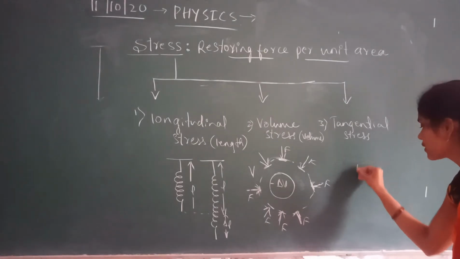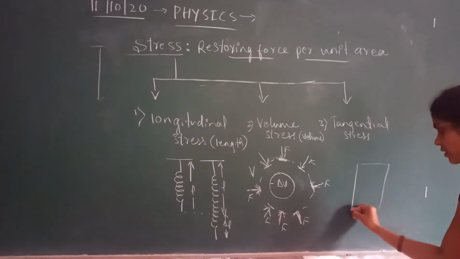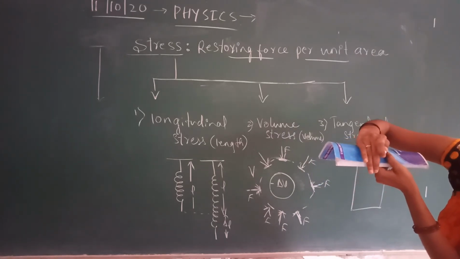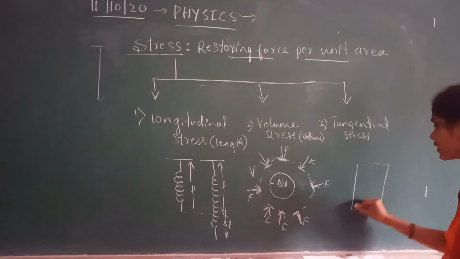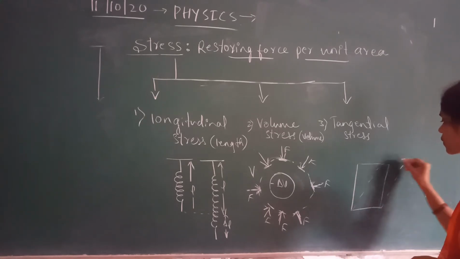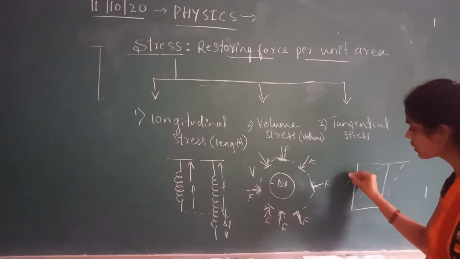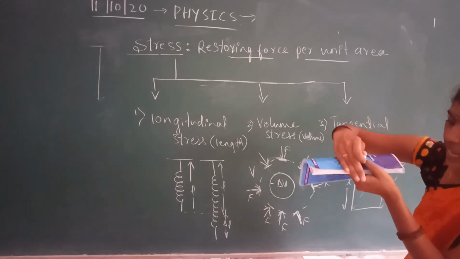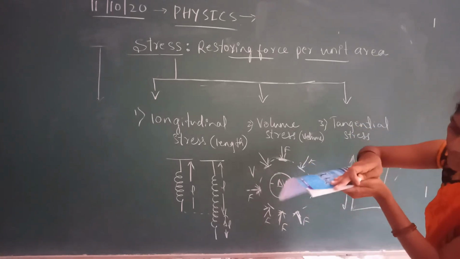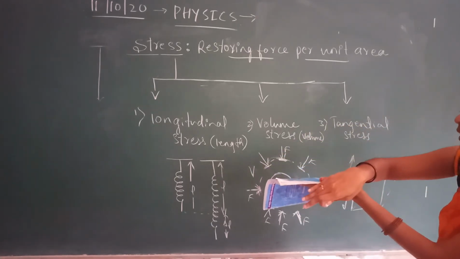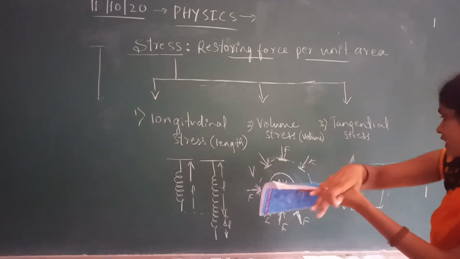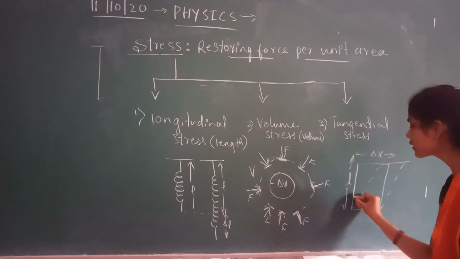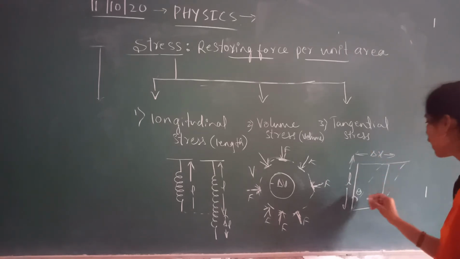So here let us consider the size of the book like this. When we apply force like this, the shape of the book is going to change like this. Initially it has certain length L, the size of the book, and when we apply force in a tangential way, the pages are going to bend, and the shape of the book changes. That is represented by delta x. Here that is measured in terms of angle theta.